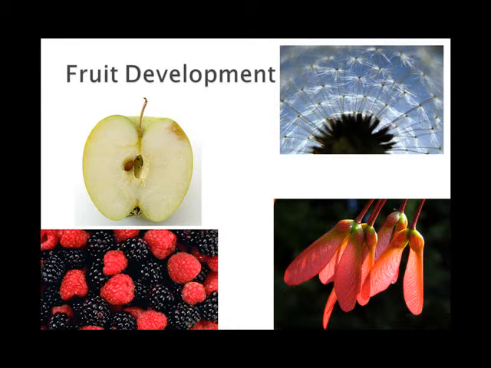Fruit development begins after pollination and usually develops from the ovary, but sometimes other parts of the flower are involved. The cells of the ovary wall expand and the whole ovary enlarges to make room for the developing seeds. The extent of this enlargement and the final differentiation of the cells depends on the type of fruit. Large fleshy fruits develop a water-resistant outer layer and several inner layers of